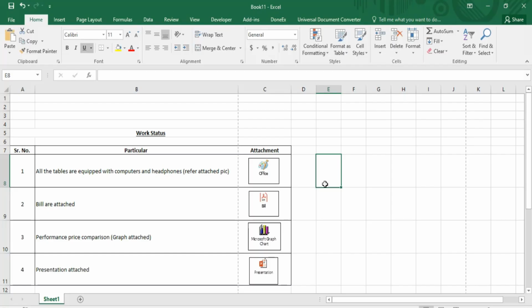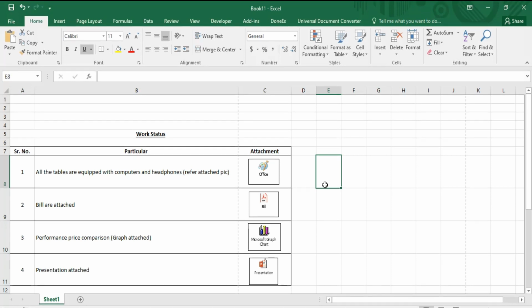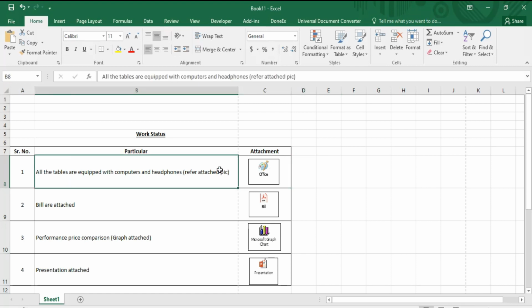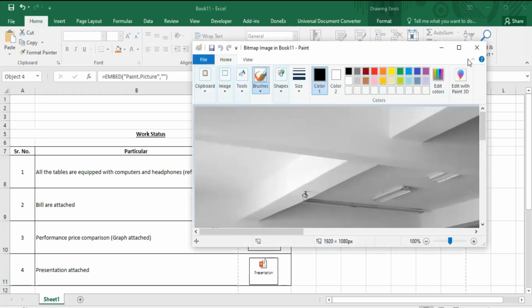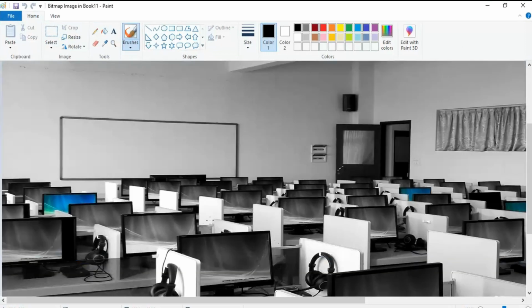So let's start. Friends, as you can see, I have mentioned 4 points. Against every point I have pasted an evidence but in a different format. So we will discuss each format one by one, how to paste it. In the first point, I have provided the evidence for the statement in picture format. So if somebody wants to see the evidence of the statement, he or she can double click on the icon and see the image.